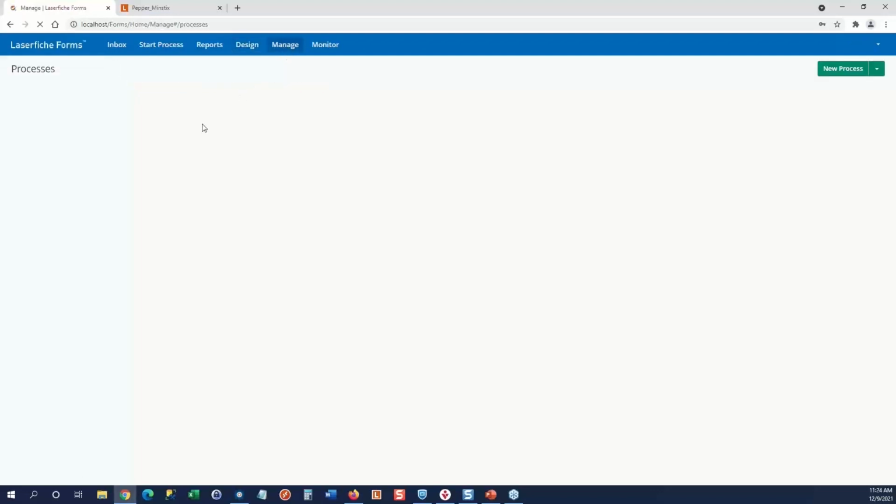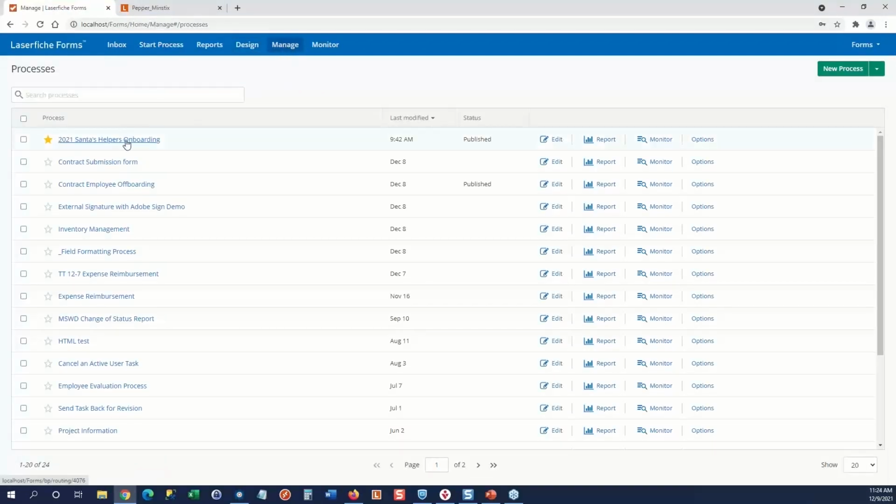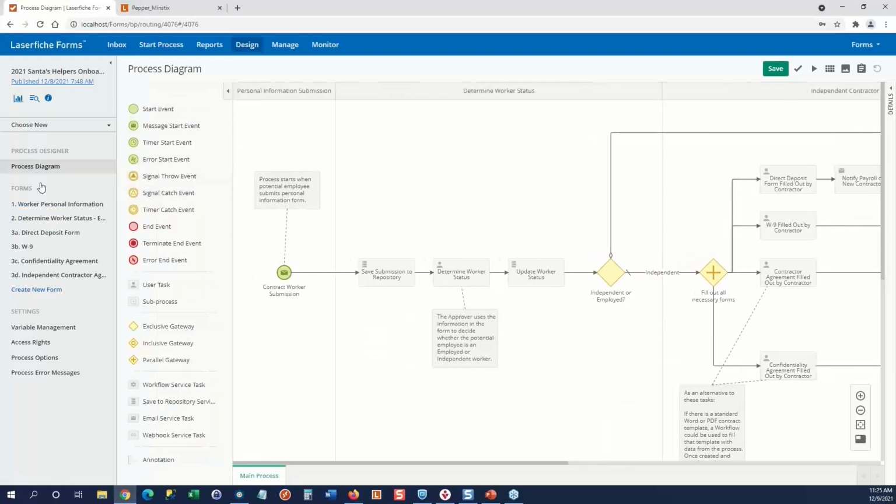Let's go ahead and take a look at the process real quick here. The two ones that I was working on. We'll look at our onboarding process, and it was just modified. It comes out of the box with several different forms, as you could see. The initial submission is this first form here. Upon that submission, it gets saved to the repository. If we double click on the